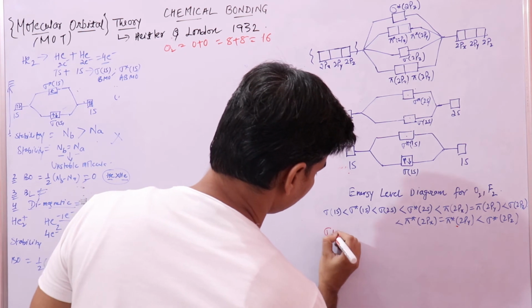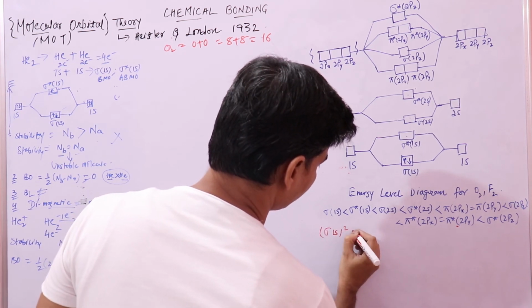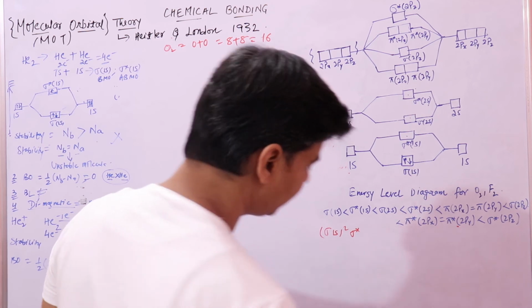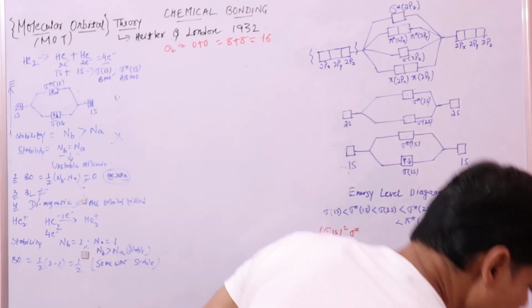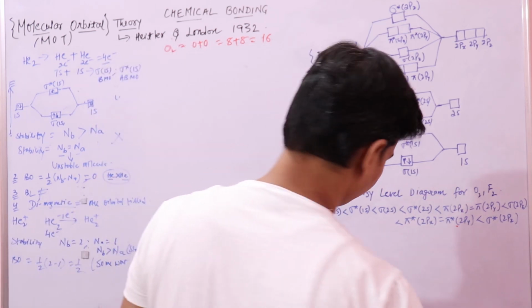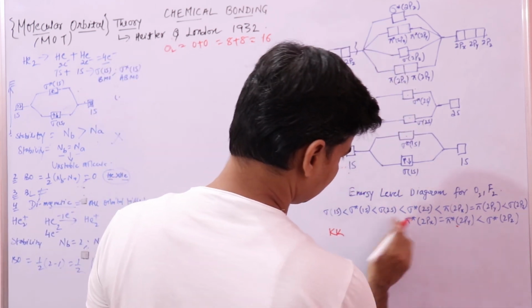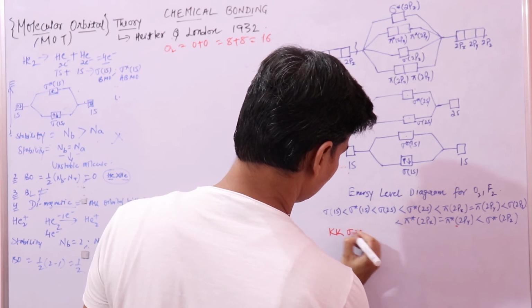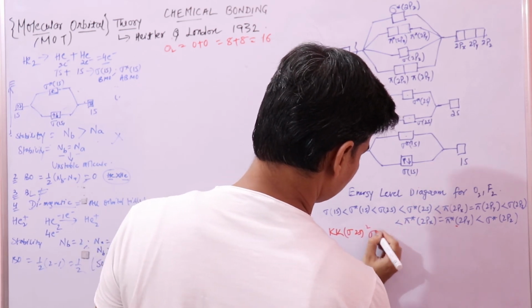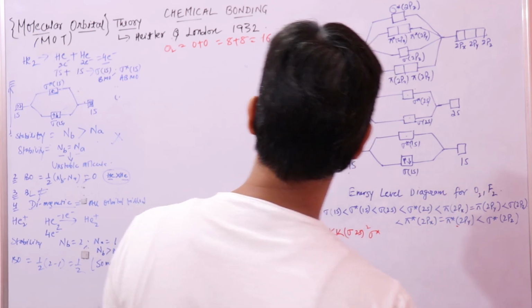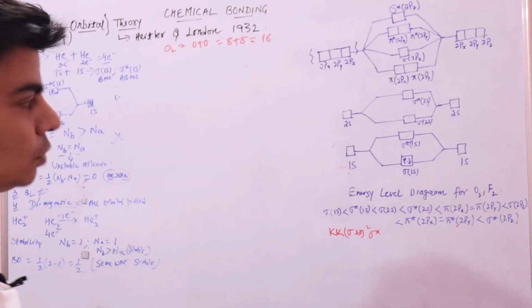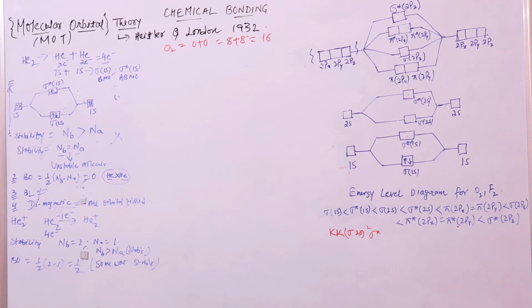Let's just write it down here: sigma 1s2, sigma star. So we can replace this part with KK, we don't have to write this, we'll replace it with KK, right? Then comes your sigma 2s2, sigma star. So likewise you now have 14 electrons that you need to distribute, right? 2 electrons go in the K shell, 4 electrons will go in the K shell,